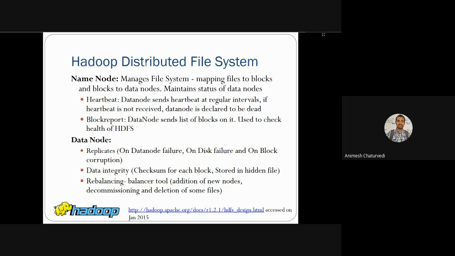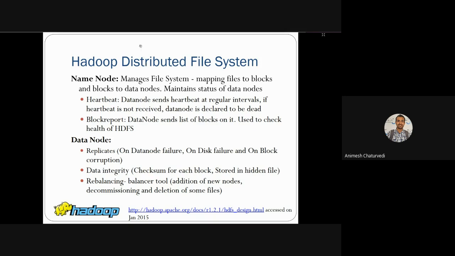Then what is the heartbeat? The data node sends a heartbeat at regular intervals. All the data nodes keep on sending their heartbeats, and the heartbeats are accepted by the name node.